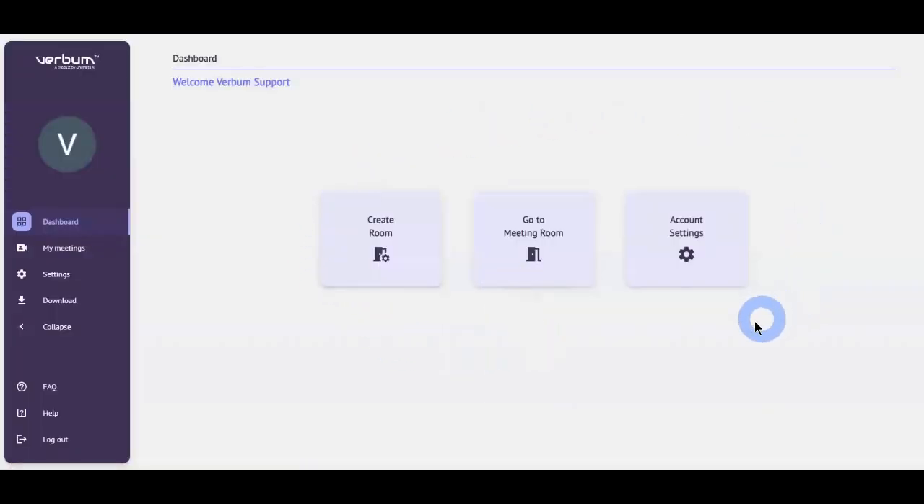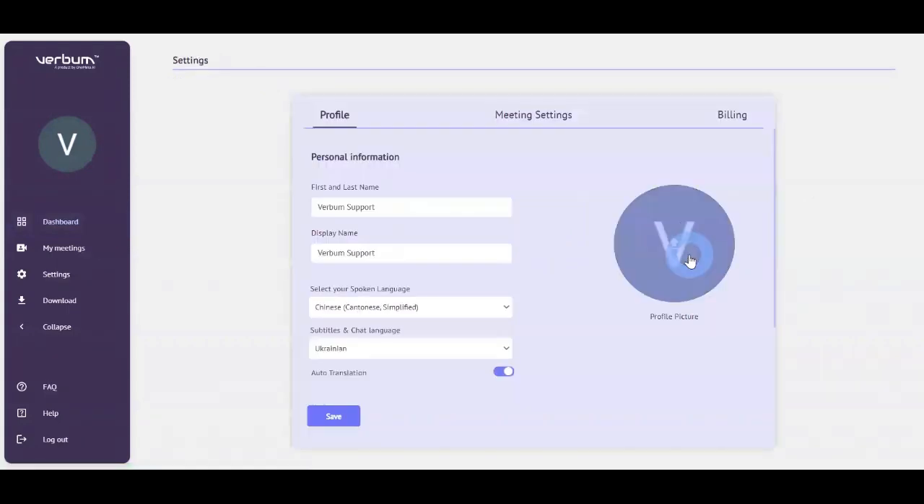This is your dashboard. You have 3 options. You can create a room, go to your meeting settings, or your account settings. Let's start with your account settings first. From here, you can change your name and your display name, which is the one everyone will see inside the